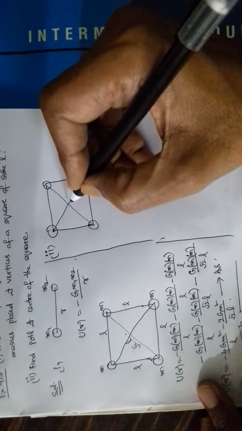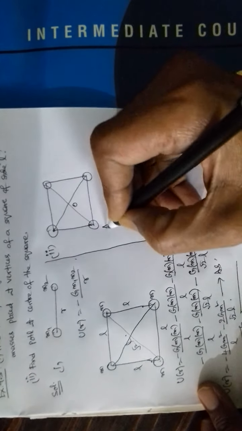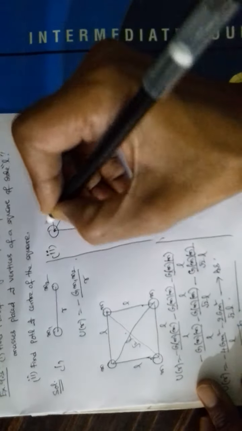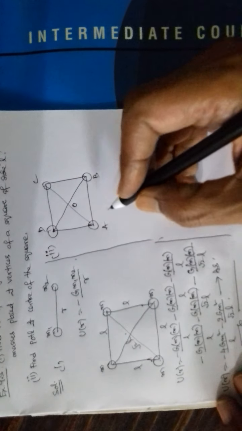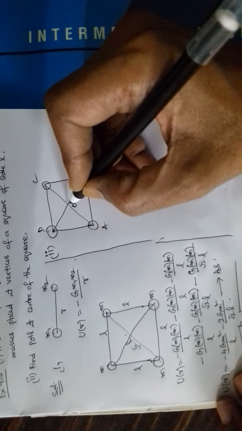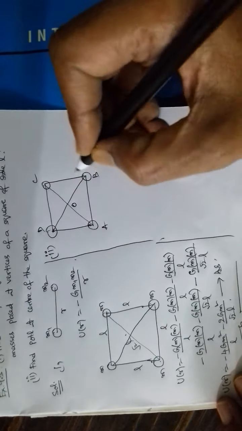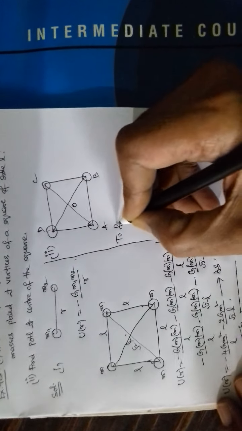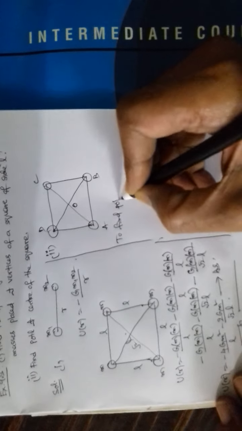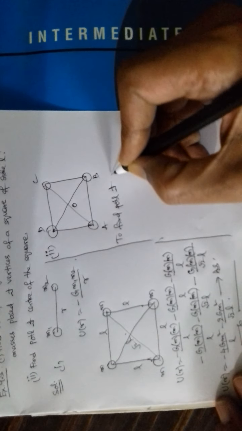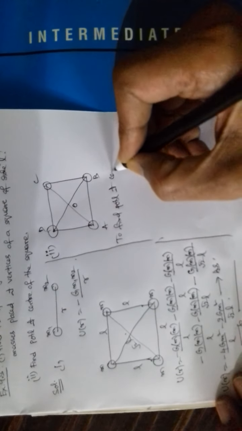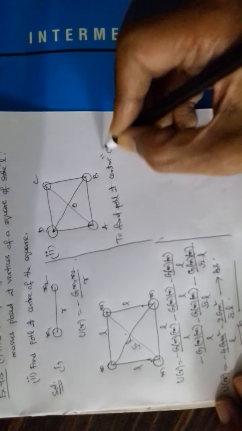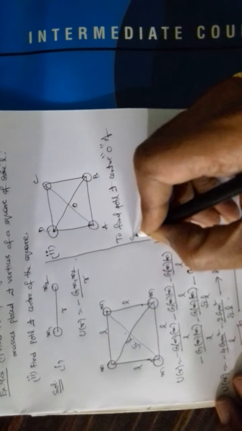Suppose this is O, A, B, C, D. Masses are the same. Here, to find the potential at the center of the square,